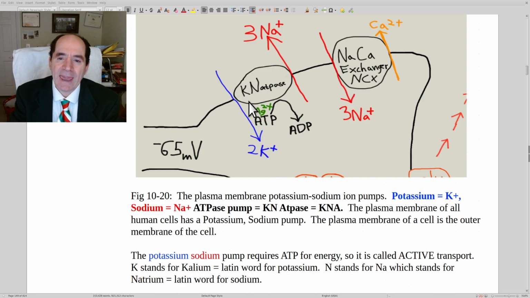So I wrote it as KN, K is for potassium. K comes from kalium, the Latin word for potassium. N comes from natrium, the Latin word for sodium. Okay, so 2 K pluses are pumped in, and 3 Na pluses are pumped out. So 3 positive charges pumped out, 2 positive charges pumped in. So it leads to a net negative